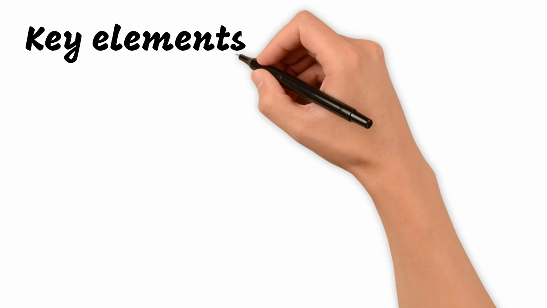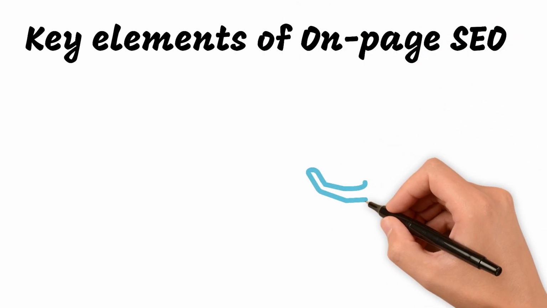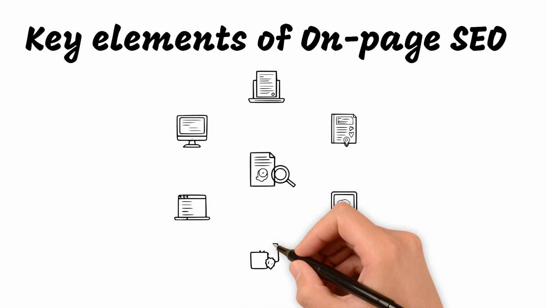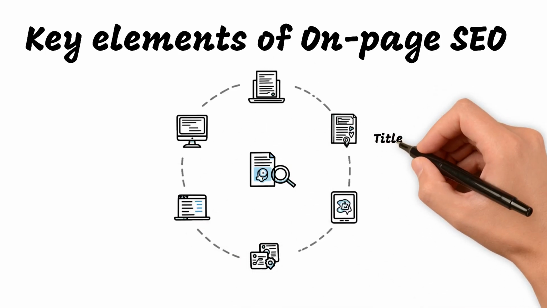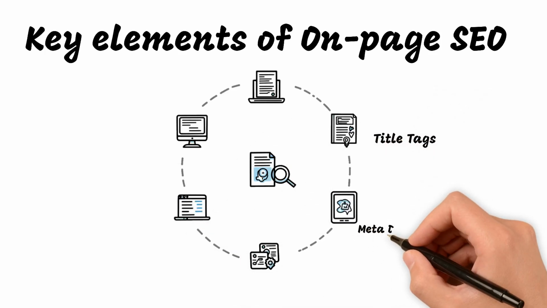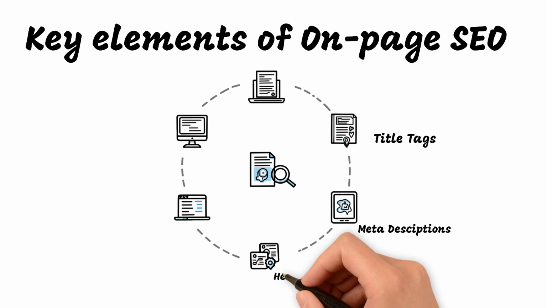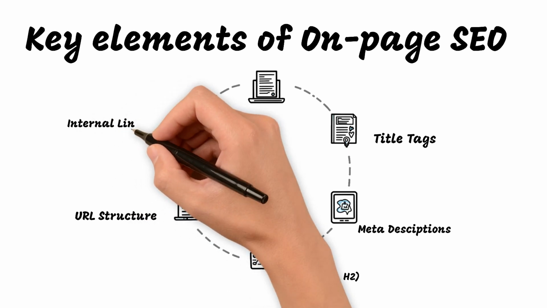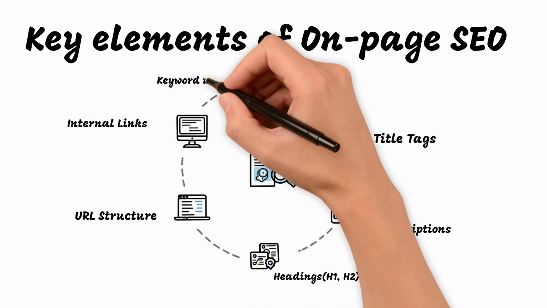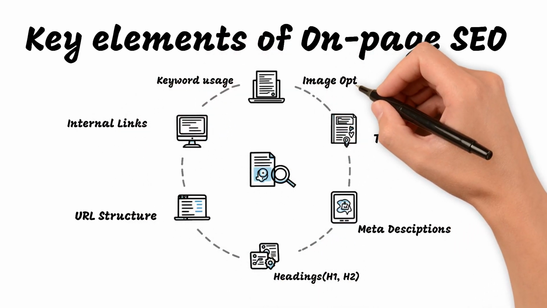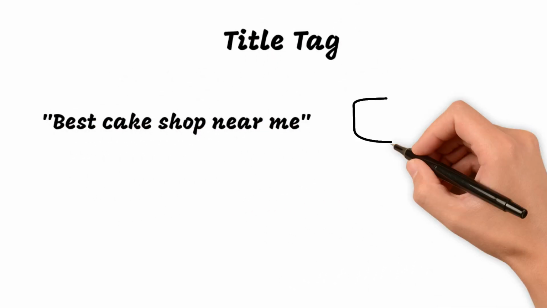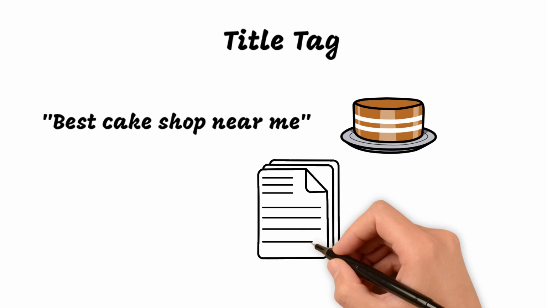Key elements of on-page SEO. Here is the breakdown of these elements. Title tags, meta description, headings, URL structure, internal links, keyword usage, image optimization. A title tag like "Best Cake Shop near me" tells Google what your page is about, and it attracts